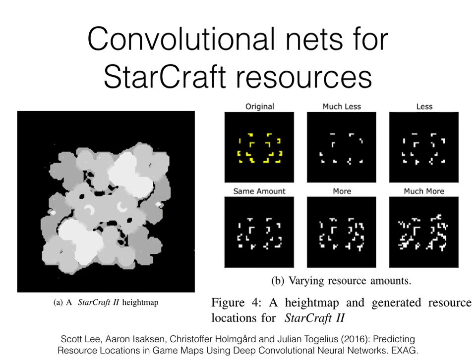So, for example, here we trained on a number of StarCraft maps, and we tried to predict where the resources, so the gas geysers and the crystal deposits would be, from the topology of the map. So the input was a height map, the output was the positions, so a 2D map of the positions of the